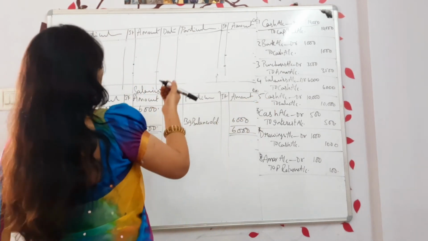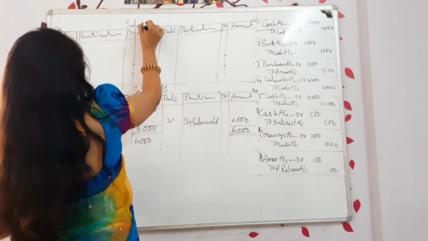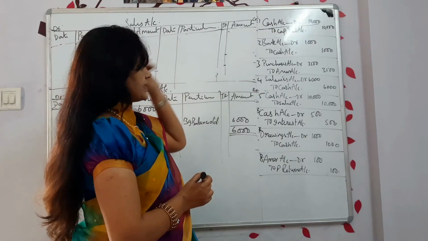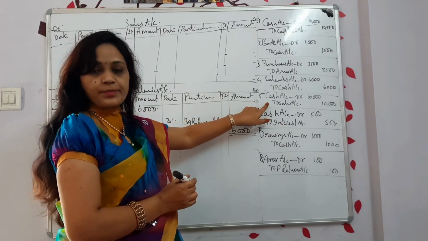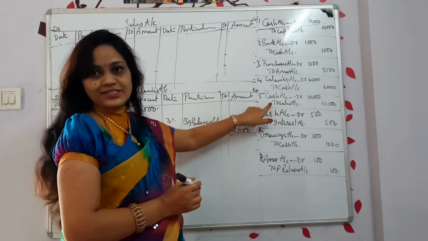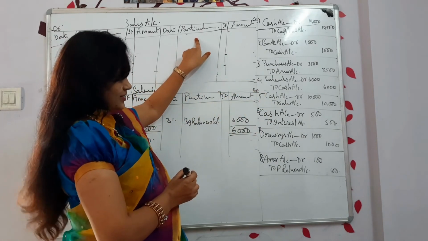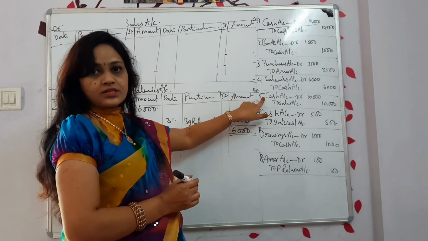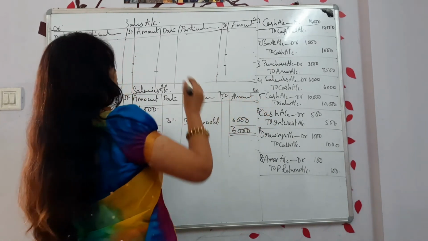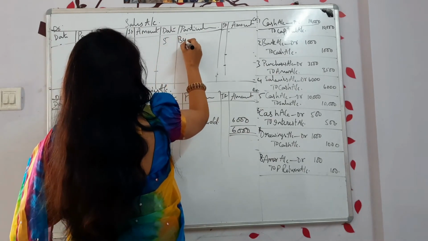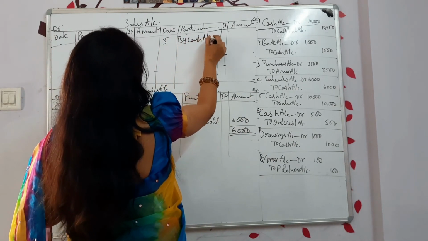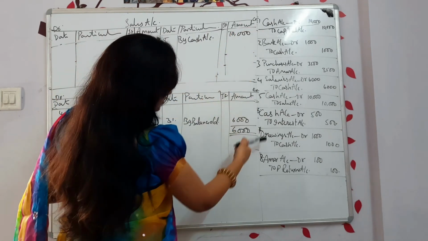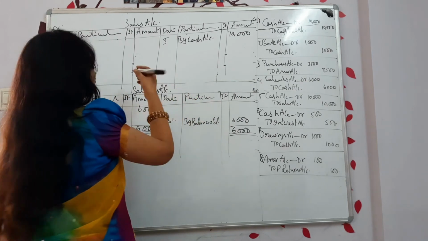So let's write down sales account. Sales account. Where you can see the word sales, debit side or credit side? It is credit side. Correct? So write down credit side. What will we be writing? Again, do we write sales? No. You have to write the opposite one, that is cash. So on 5th, by cash account. What is the amount? 10,000. Any other place you can find the word sales? No, right?